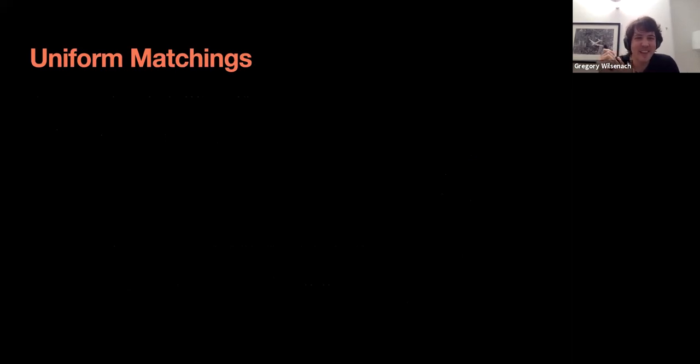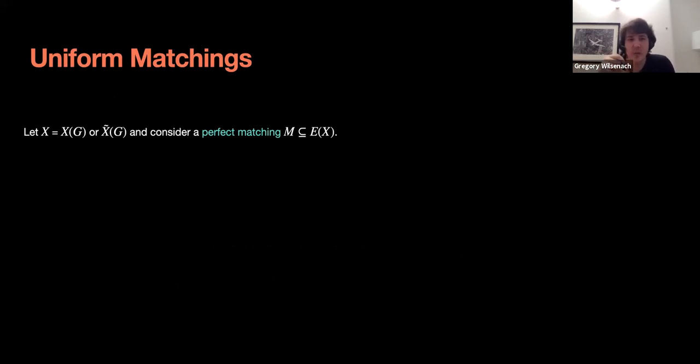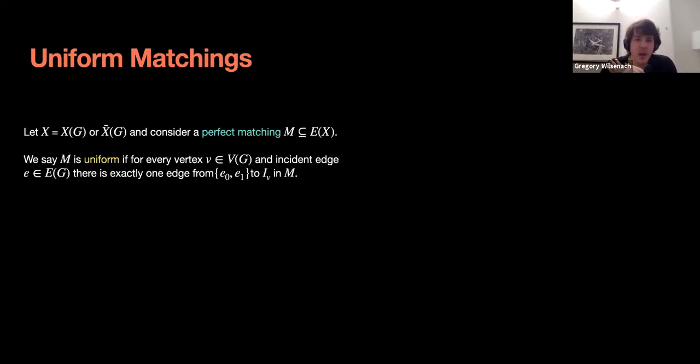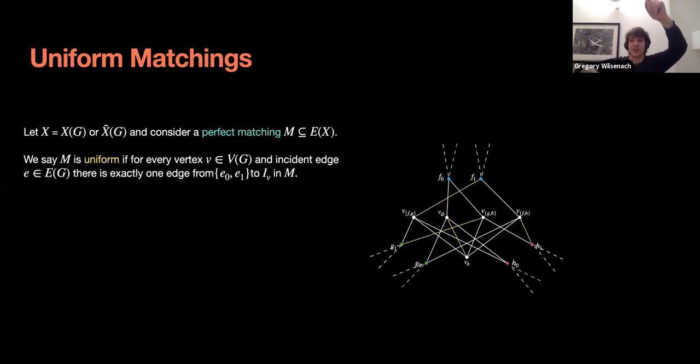It'll work, hopefully. Okay, so the first insight is we divide the perfect matchings into two types. So let's say we have some graph X that's either the odd or even one, and suppose we have some perfect matching. We say it's uniform if for each of the edge vertices e0 and e1, exactly one of them is connected to an internal vertex via the matching. So in other words, you have something like this. If the matching is in yellow,